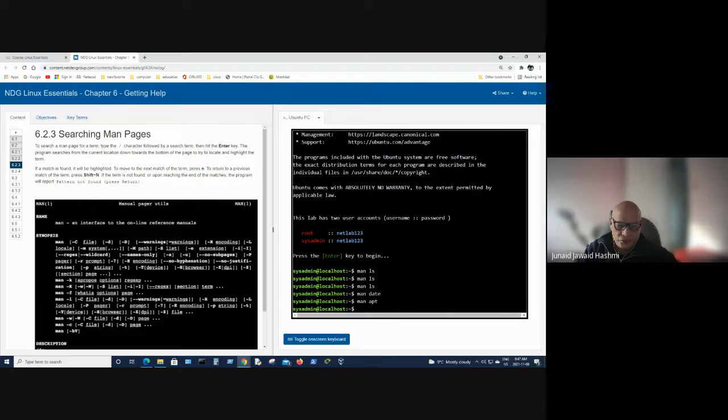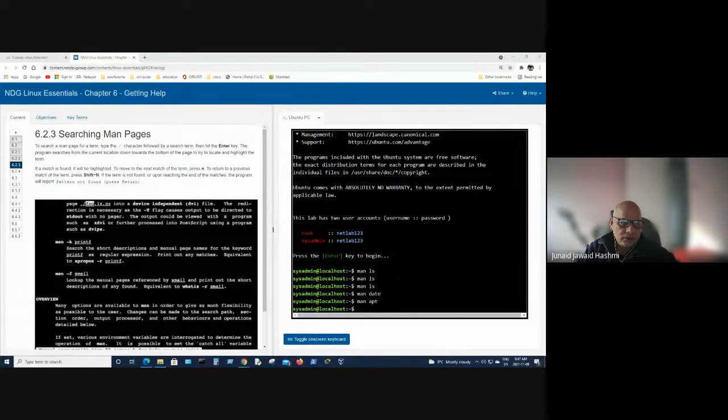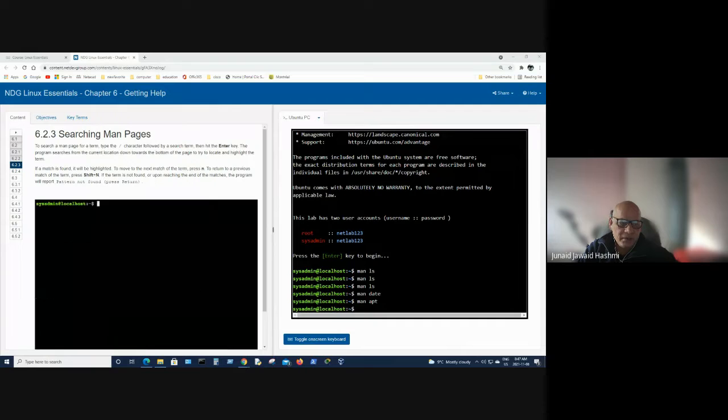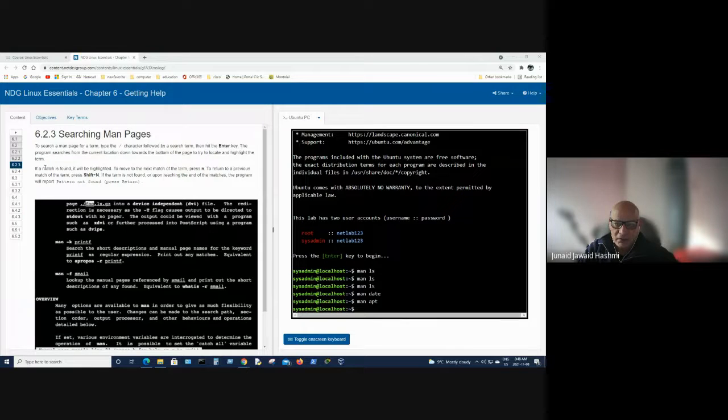Okay, to search a man page for a term, press the forward slash and type the term followed by the enter key. Okay, so for example, here,